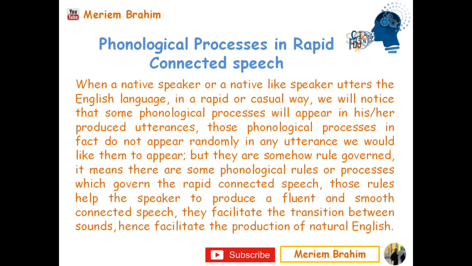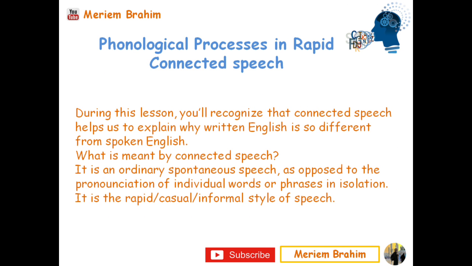Those phonological processes, in fact, do not appear randomly in any utterance we would like them to appear, but they are somehow rule-governed. It means there are some phonological rules or processes which govern the rapid connected speech. Those rules help the speaker to produce a fluent and smooth connected speech. They facilitate the transition between sounds, hence facilitate the production of natural English. During this lesson, you will recognize that connected speech helps us to explain why written English is so different from